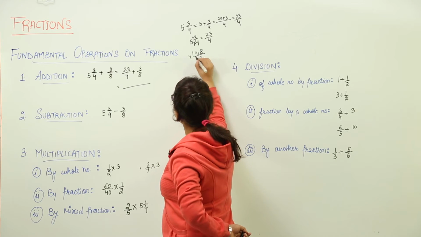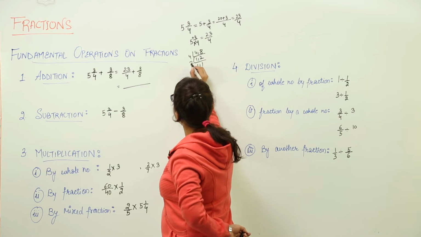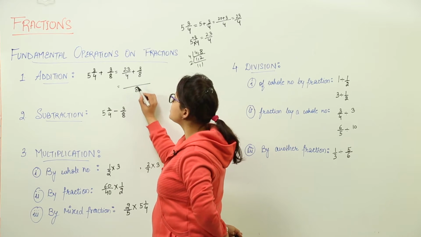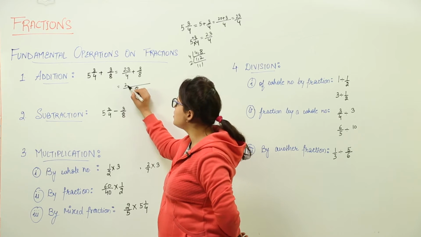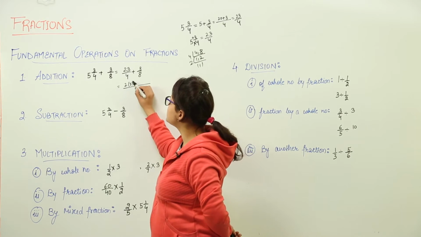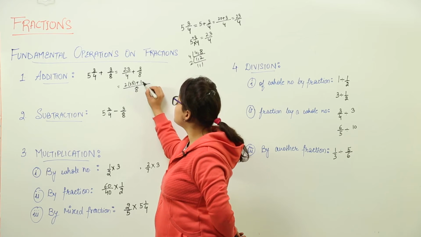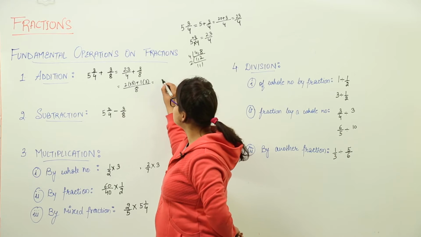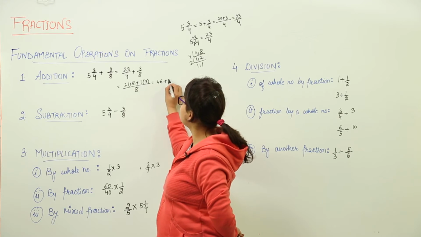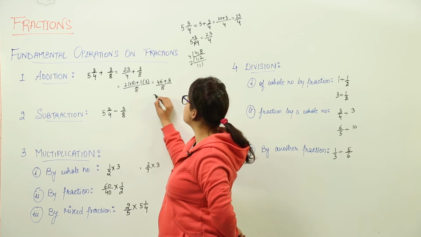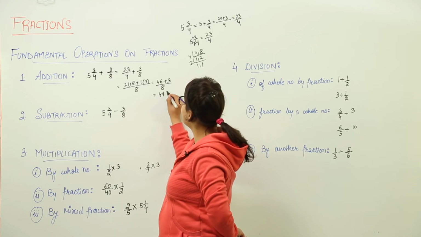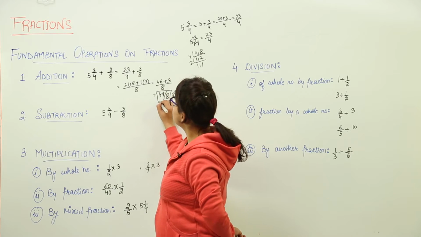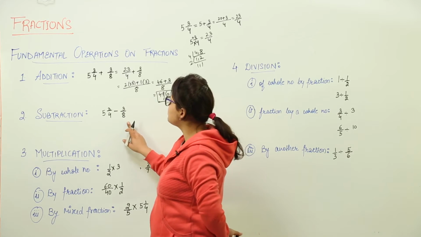Let us do that. We get 4 into 2, 8 as the LCM. Now 4, how much is 8? 4 is to be multiplied with 2 to become 8 and the numerator as it is. 8 should be multiplied with 1 to become 8 and 3 as it is. We get 46 plus 3 over 8. That gives us 49 upon 8 as the answer. Right? Next is the subtraction of the two fractions.